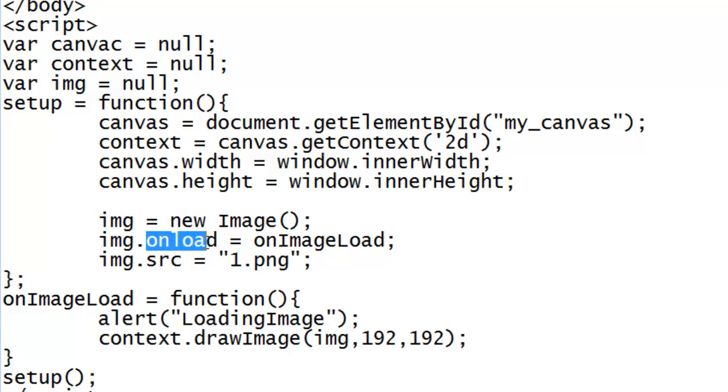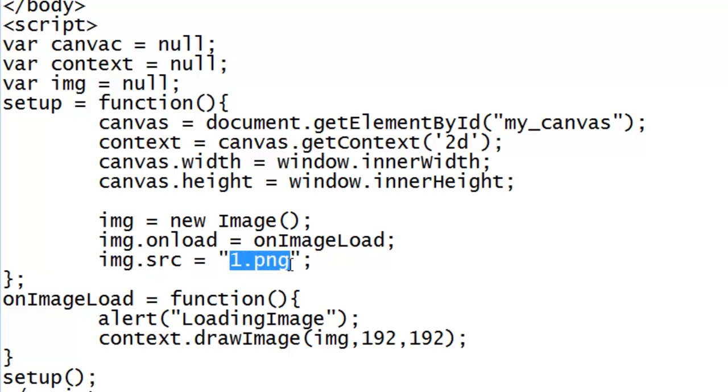Then we are defining the onload image. When an image gets loaded, a method is called, and that method we need to define. That method name is onImageLoad. As soon as an image is loaded, the onImageLoad method will be called. And finally, the URL where our image is stored. So image.src as 1.png.